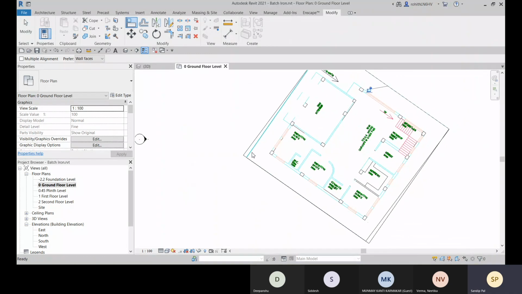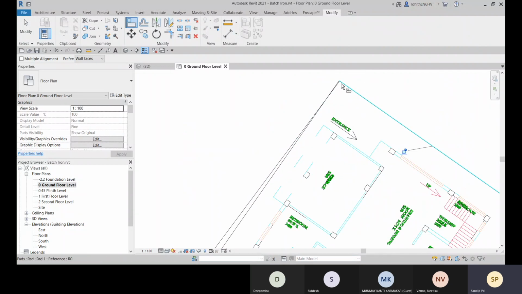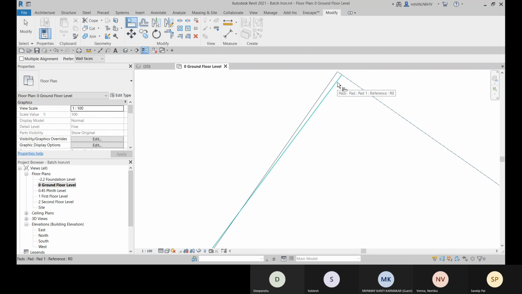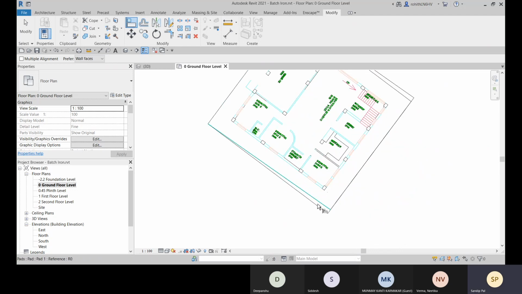And this boundary is not properly created, so you don't have to worry about that. We just need to properly align. All right, so that's fine.